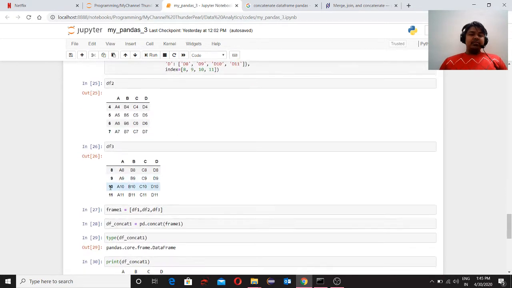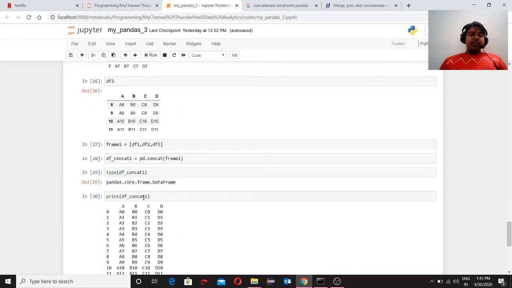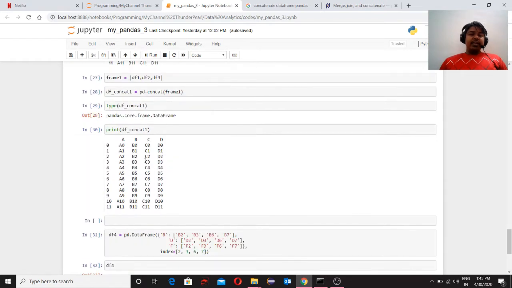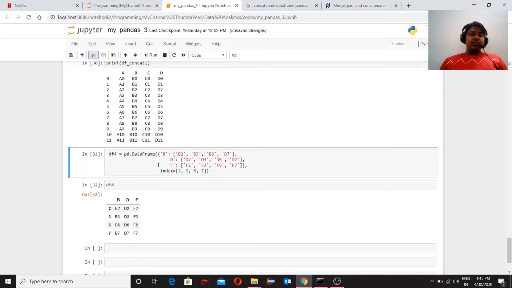Then we embedded these data frames into a list called frames, and passed that frames list into the concat function of the pandas library. After that, all these data frames got concatenated in a column-wise manner, and we created an extra data frame called df4 also.